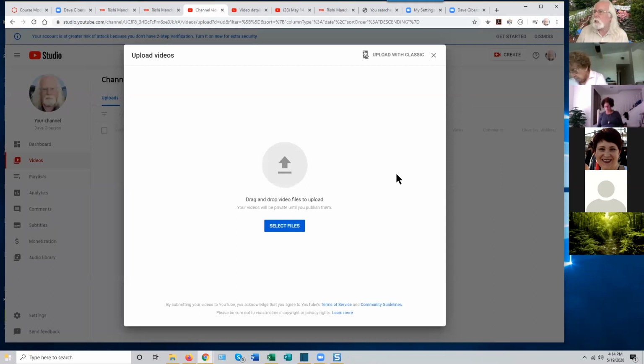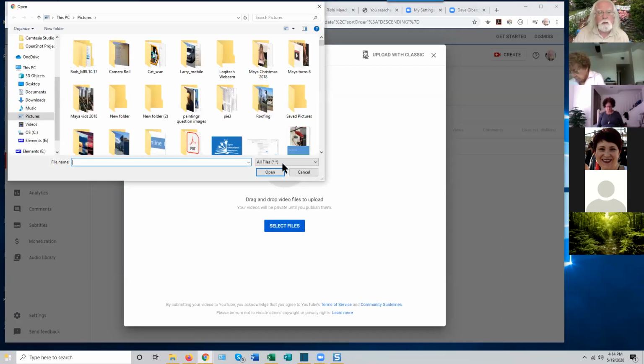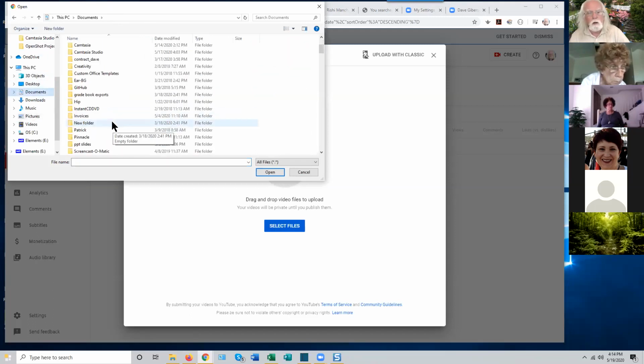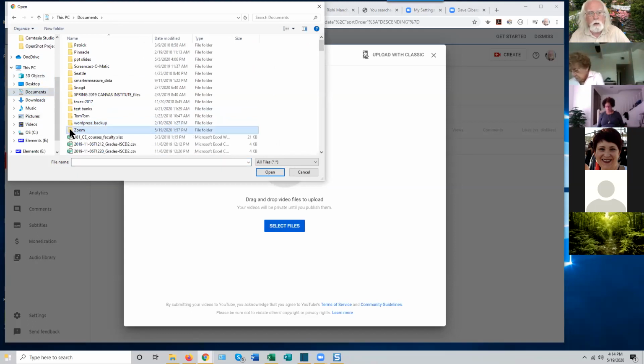YouTube then starts an automated process that will lead you, by the hand, through uploading your Zoom video. First thing you do is select the file that you want to upload. Click on that Select Files button. This opens up another file dialog, a Windows Explorer window, and you've got to know where to look for that Zoom video. As I said, it's in your Documents folder, in a folder called Zoom,